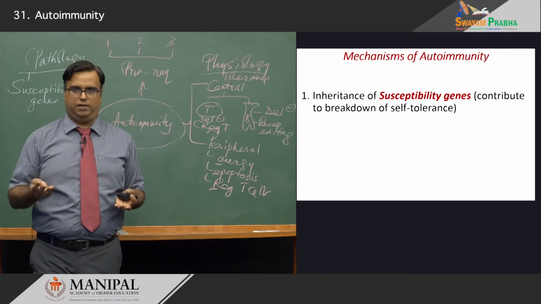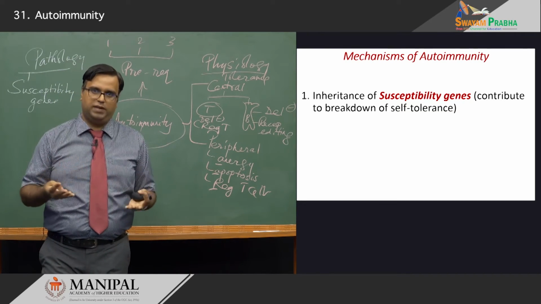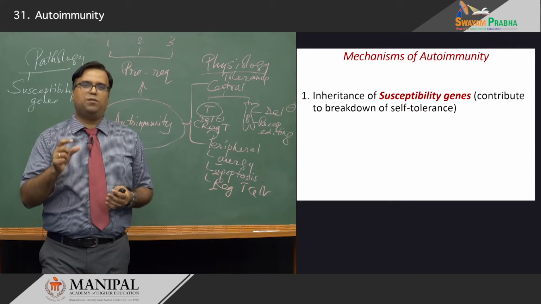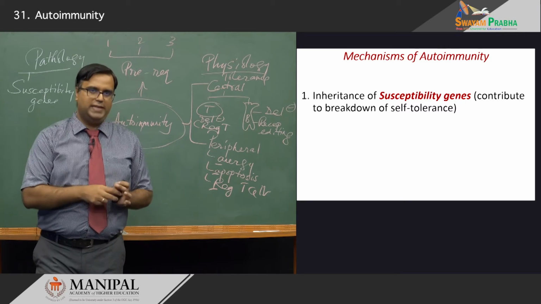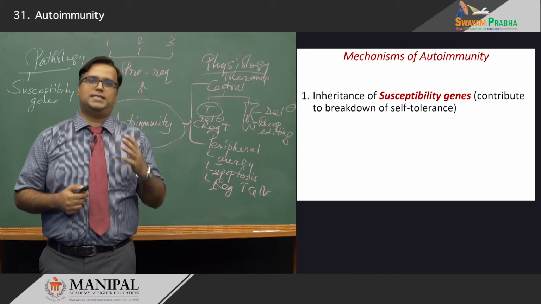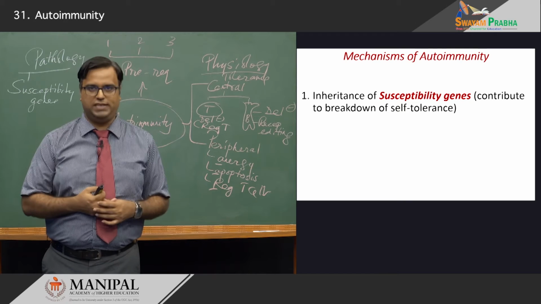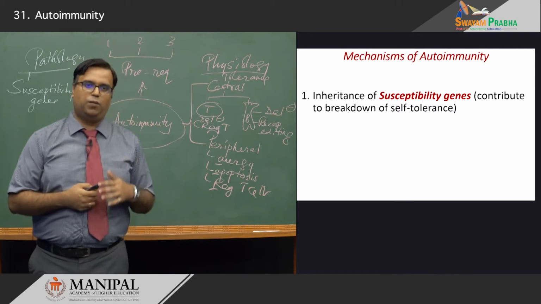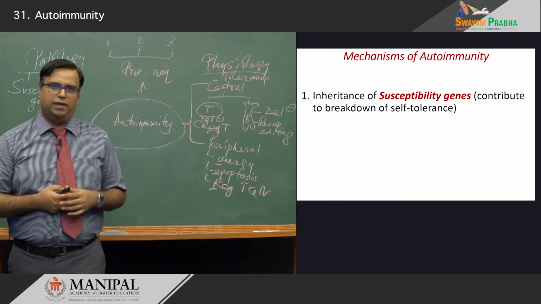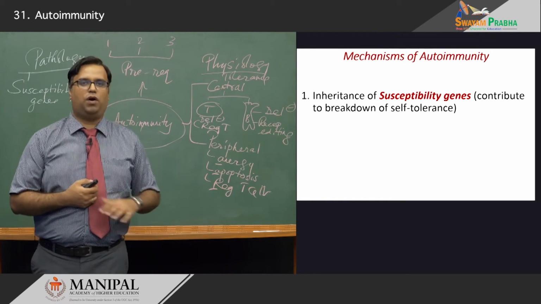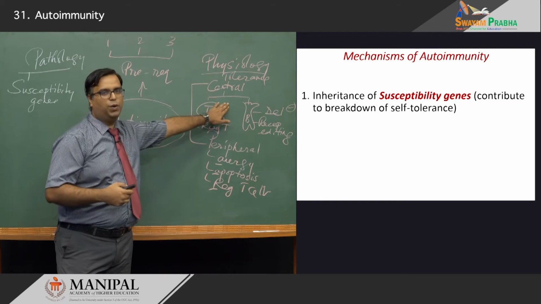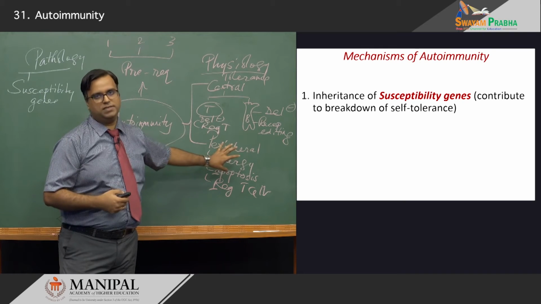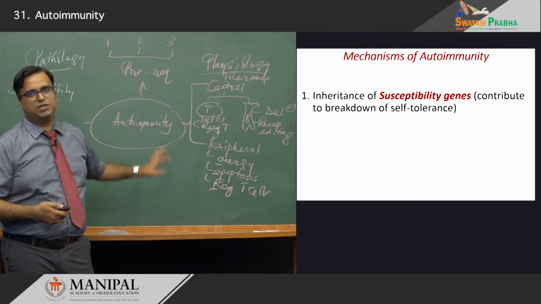Now, how does that happen? Because all of us are endowed with the same properties, same molecular genetics, with mild variations, of course. But how is it that one population is affected more than the others? It's simply because there is always a susceptibility due to some change in the genes, resulting in these people becoming more prone to develop autoimmune disorders. Now, what do these susceptibility genes do? Effectively, they contribute to the breakdown of your immunological tolerance. It breaks down this mechanism at different stages, resulting in lymphocyte activation.